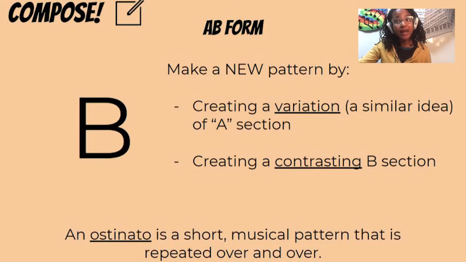So take some time now. You're going to come up with your B section. It can be similar to A with a variation, a slight change, or maybe a little bit of a bigger change, or a contrasting section with some very different feelings or very different basic elements. Don't forget that you can write things down, and if an idea doesn't work, start over and modify it, which means to change it, and then repeat it until the new idea feels like an ostinato. Go ahead.